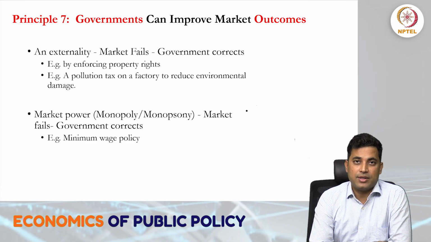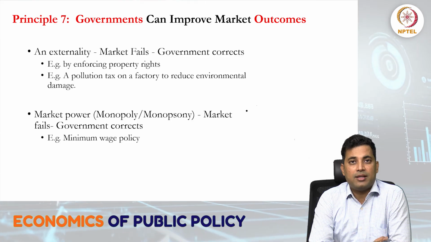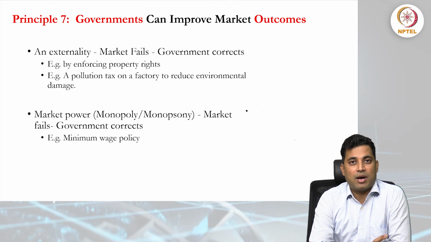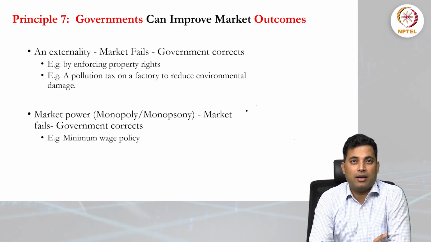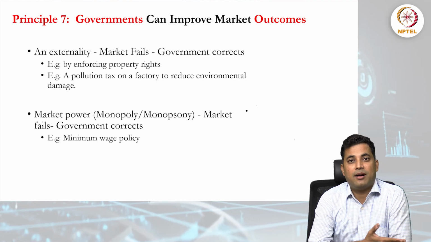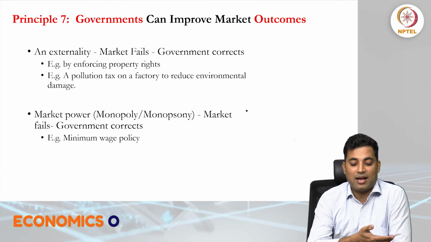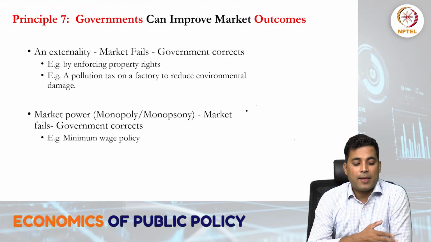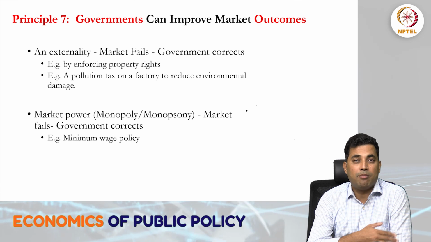In the case of positive externality, I can give one more example. If your neighbor switches on the light at night at the gate, and the power of that light is so much that you don't need to switch on your light at the gate of your house, then of course you are saving money. So this can be considered a positive externality, and as an outcome you are saving some money.